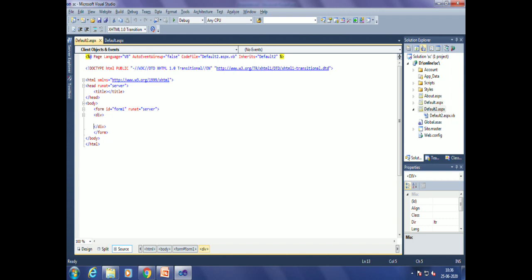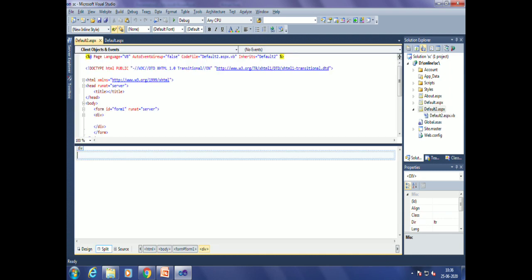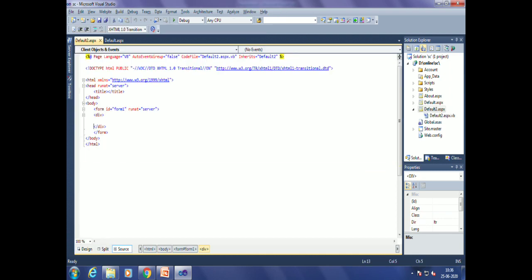Okay, so if you are comfortable with source view, you can write down code to design web page. If you are comfortable with dragging and dropping, you can design web page with the help of design view. So we have three different views of .aspx page: design view, split view, and source view.